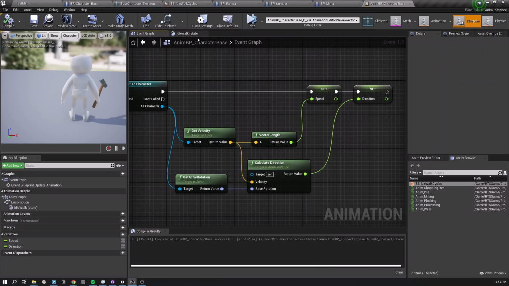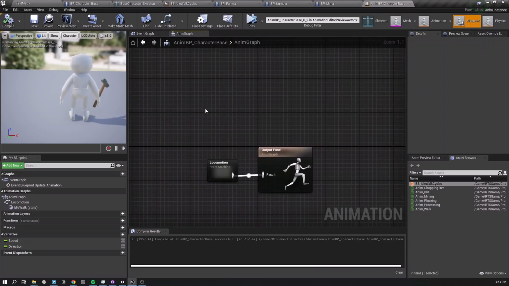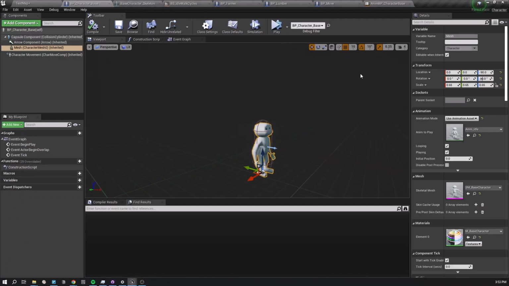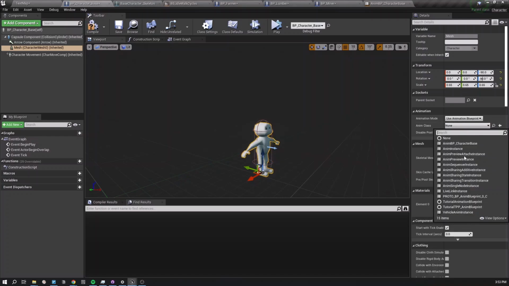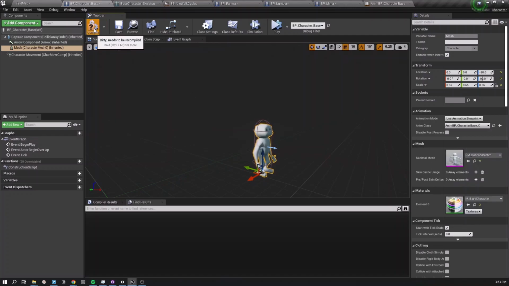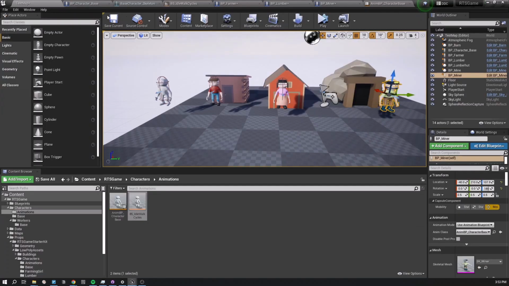I think that's all we have to do, and let's go to the BP character base, and instead of using a specific animation asset, let's use the animation blueprint, and it would be the MVP character base. And let's compile, save it again, let's go to the test map,